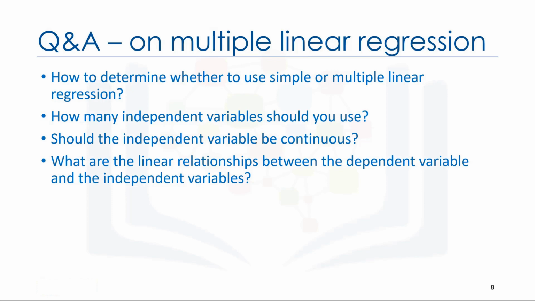So, there needs to be a linear relationship between the dependent variable and each of your independent variables. There are a number of ways to check for linear relationship. For example, you can use scatter plots and then visually check for linearity. If the relationship displayed in your scatter plot is not linear, then you need to use